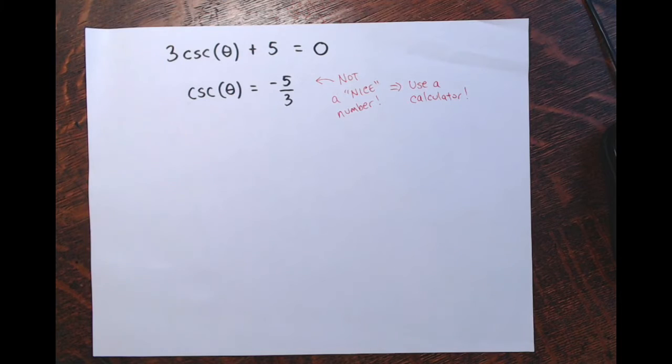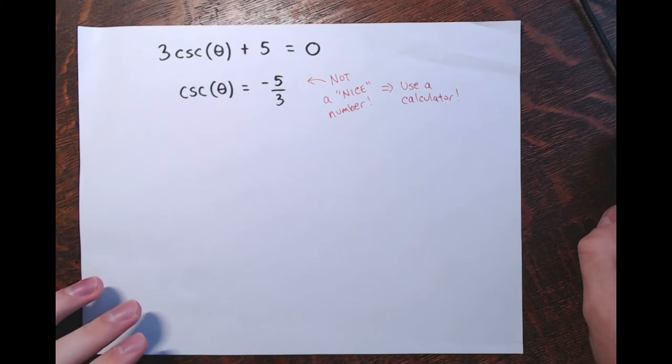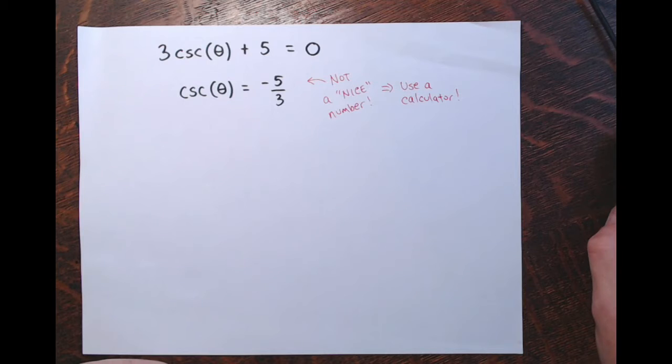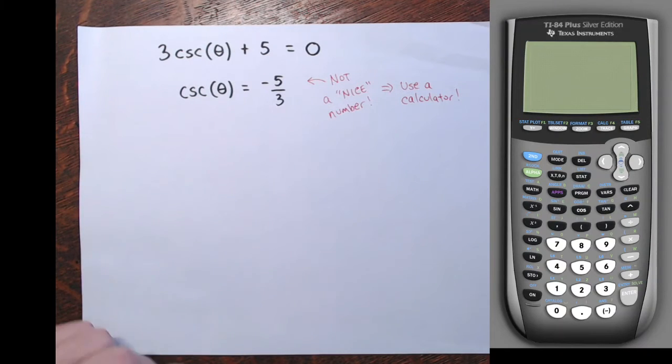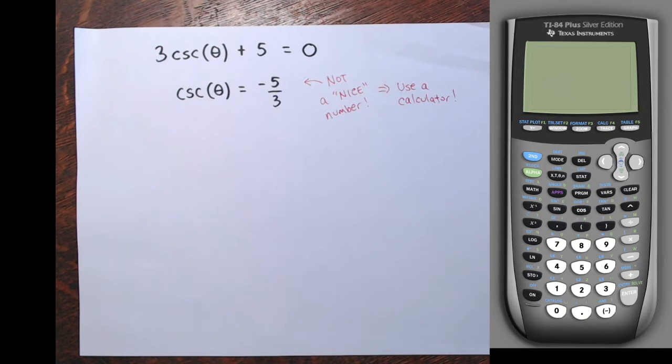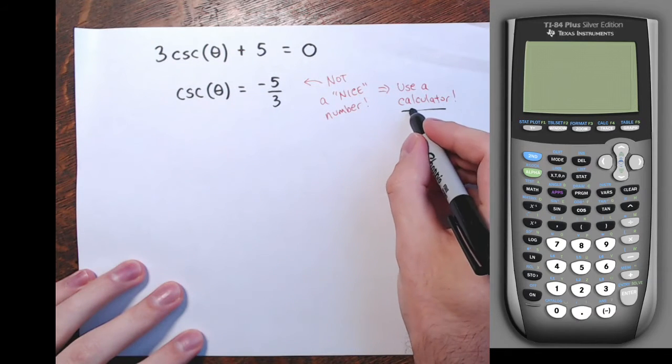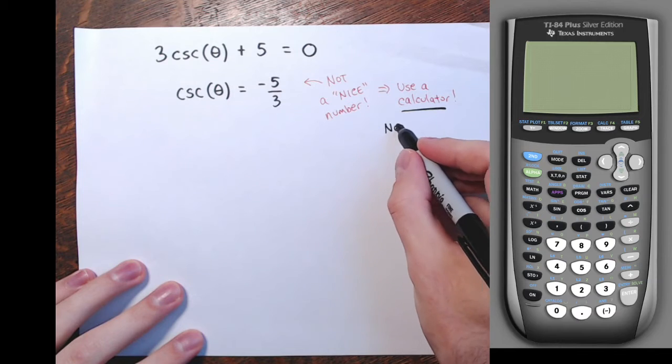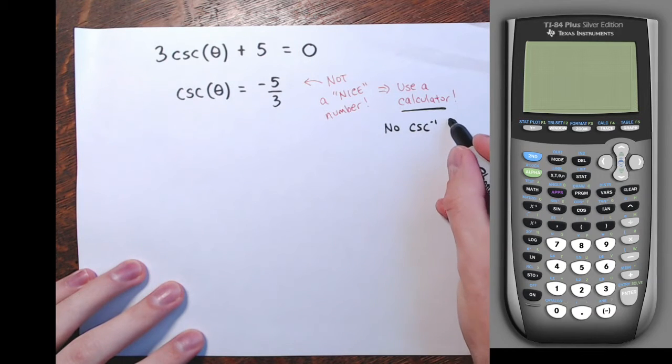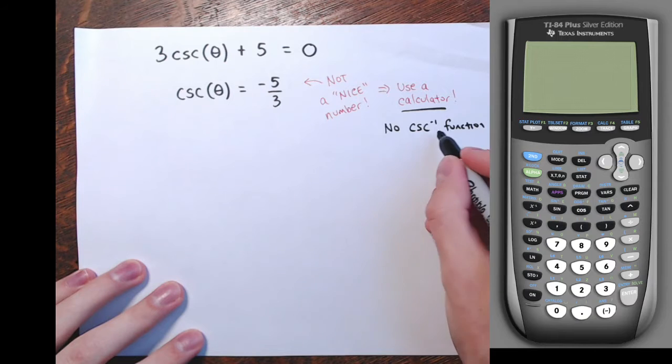Now, on the calculator, this is a cosecant of theta equals negative 5/3. There's no inverse cosecant. Right? Remember, there's inverse sine above the sine, there's inverse cosine above the cosine button, there's inverse tangent above the tangent button. But there's no inverse cosecant. So, since I'm going to be using the calculator, and like I said, there's no inverse cosecant function on the calculator,